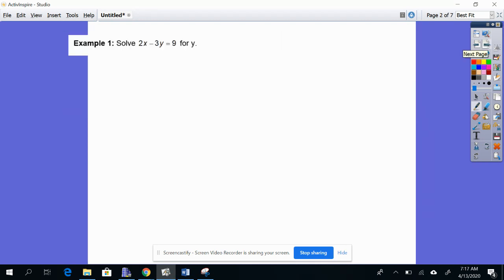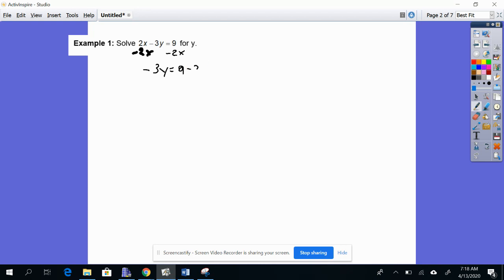So for example here, our goal is to get y by itself. I've got a y here, but I have a whole bunch of other stuff too that I don't care about. I want to get rid of that stuff so that I can get y by itself. The idea here is that we want to move everything away from y. So starting out, we're going to subtract 2x, and we need to do it from both sides. So negative 3y